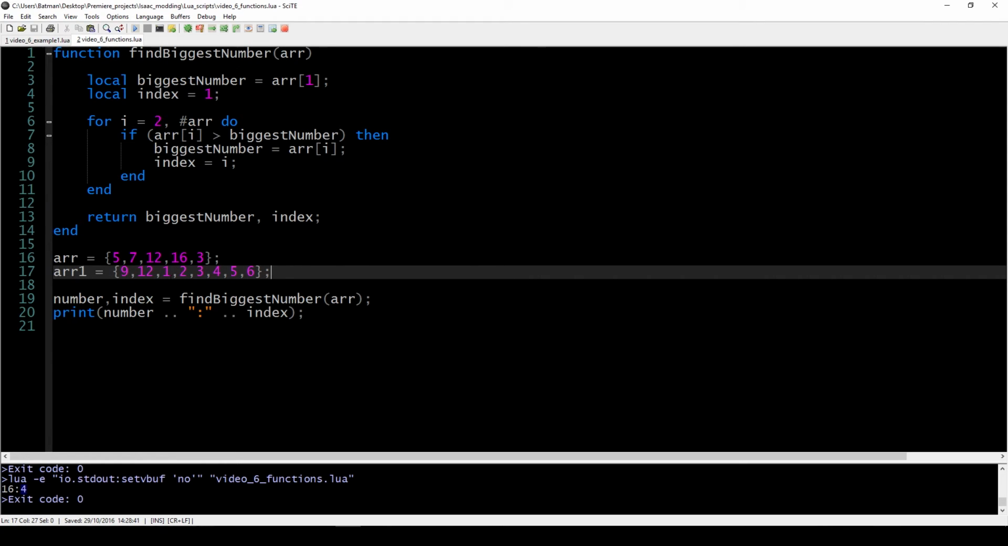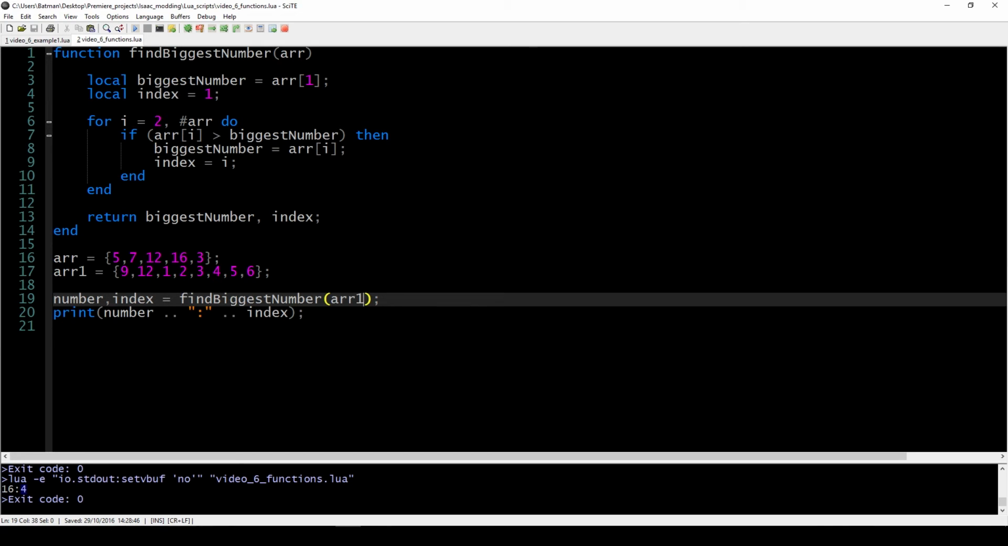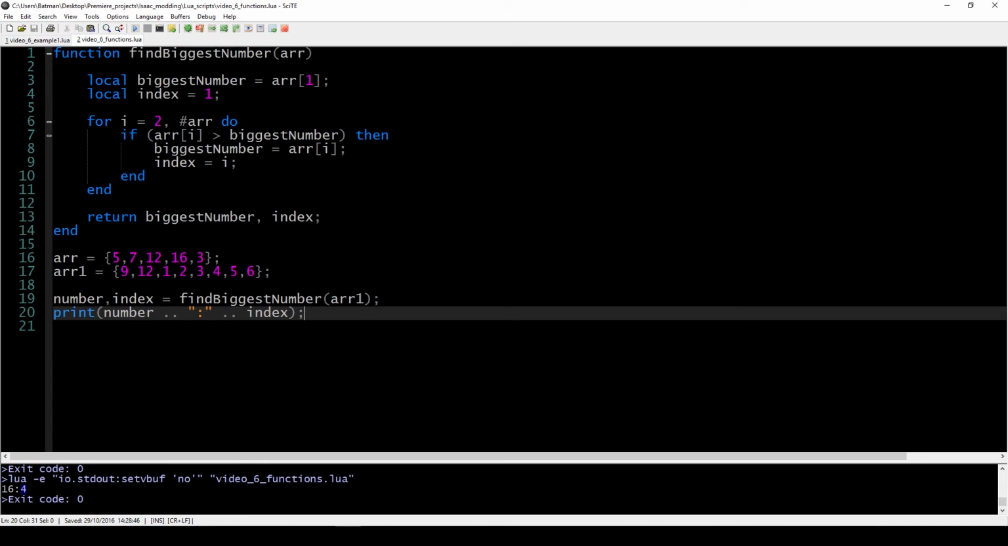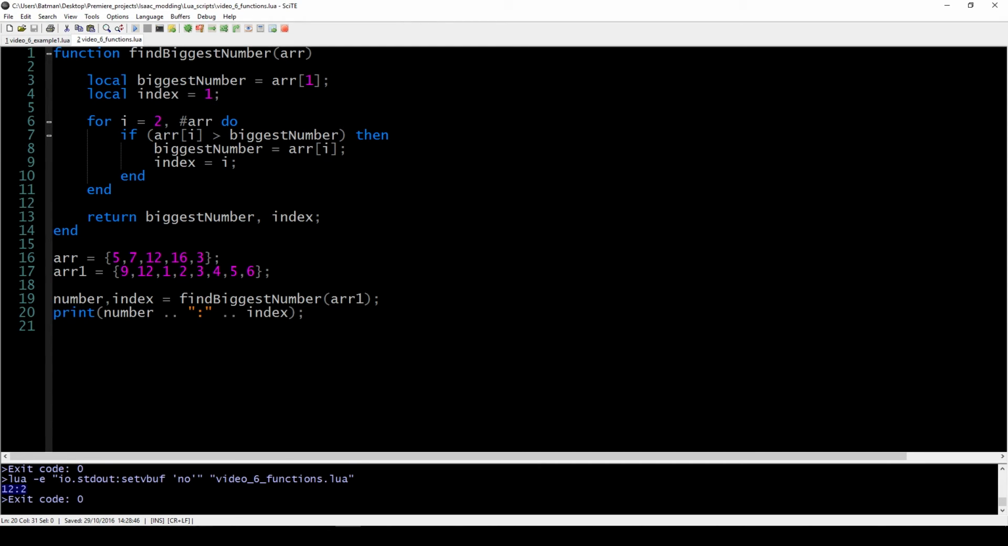So in this case, we just have an array 1, and if you wanted to use this again without having to rewrite all this again, we would just say, okay, send in array 1, and we would get the biggest value of this array, so 12, 2. Of course, maybe this function doesn't work as expected,